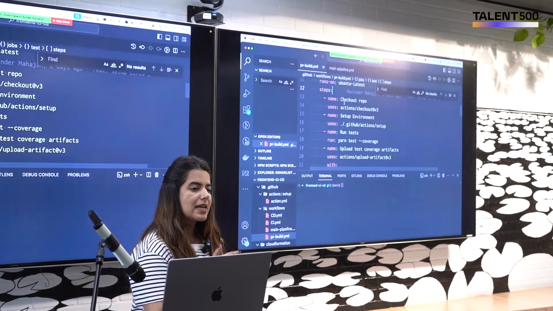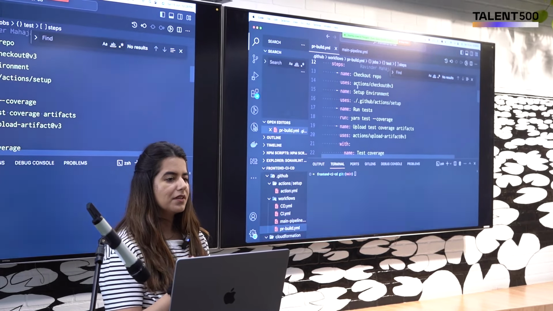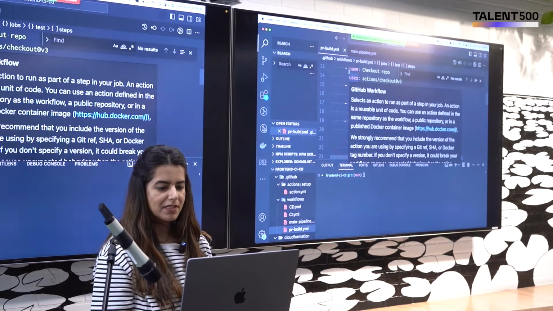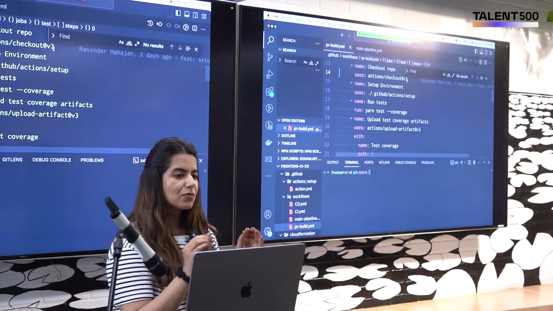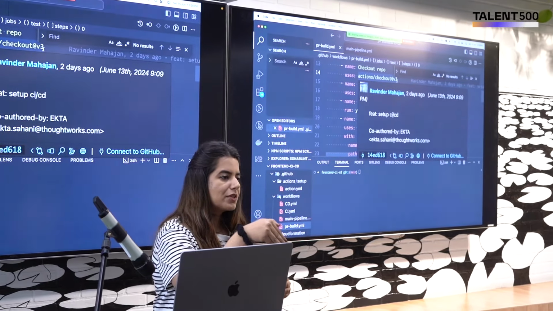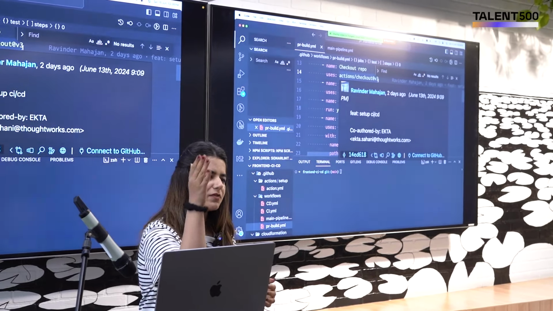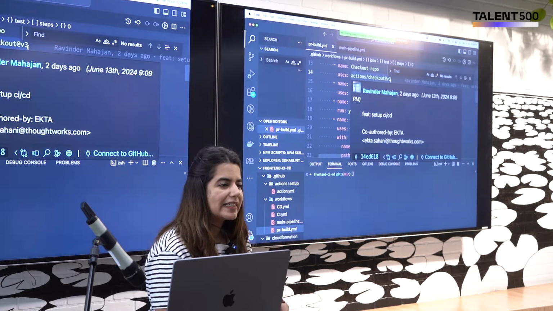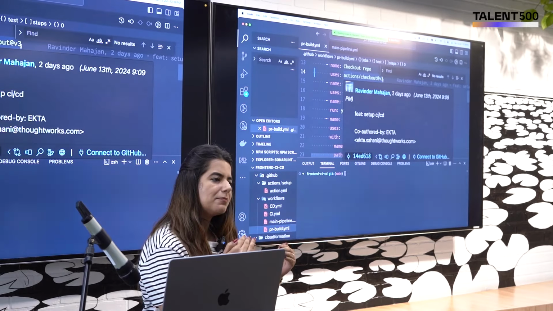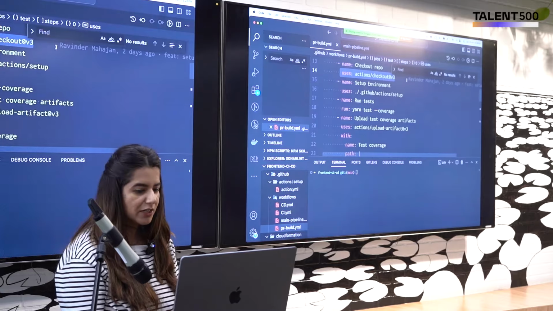Now comes the steps. Steps are always sequential, be aware of it. So once you have a job, asking it to check into the code, and then you will follow the steps. You will check into the repo, that is the name of your first step, and then you will ask, so what is uses, right? Now to tell GitHub how to check into the code, you have to provide it an action, which is either predefined by GitHub. You can go to GitHub Marketplace, you will find a list of actions. Asking it to do the linting, is there an action for it? Is there an action in GitHub to check into the code? Yes, there is. You will always find pre-built actions, and then you can quickly say that I want to use this action to check into the code.